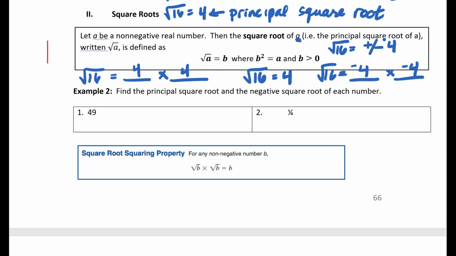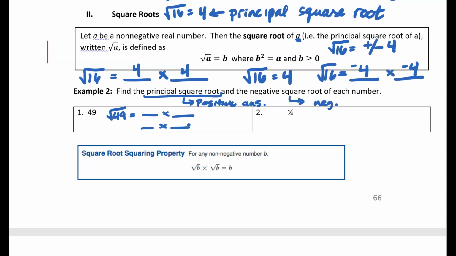So example 2 says find the principal square root. That just means the positive answer. We don't have to list the negative. And the negative square root of each number. So the square root of 49 is equal to, and ask yourself what times what gives you